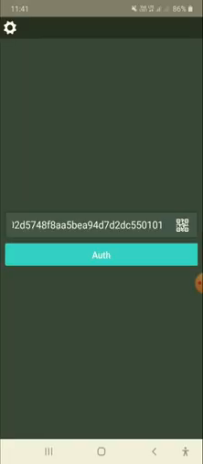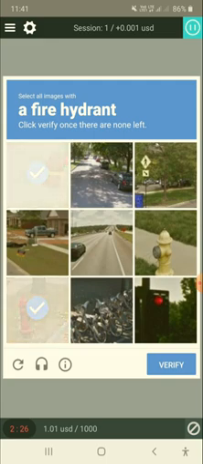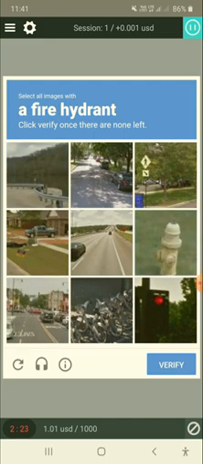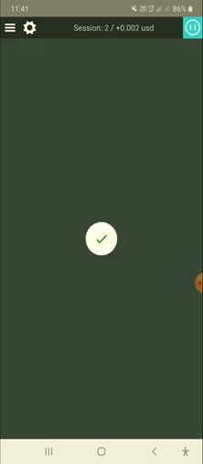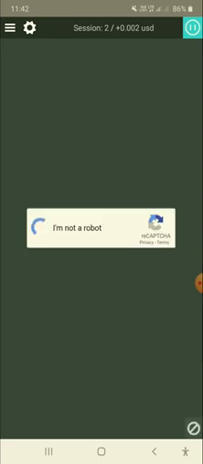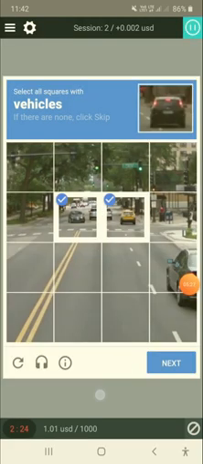Now let's see how fast it is working. You can see somewhat the speed has been increased, the pictures are loading fast. Even the tick is getting very fast. By this way you can increase the speed and you can work faster.